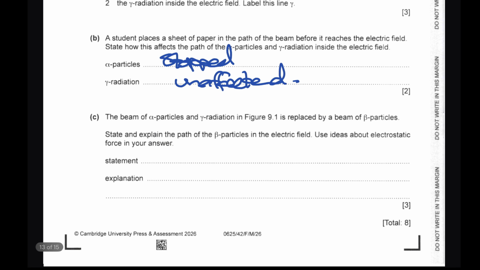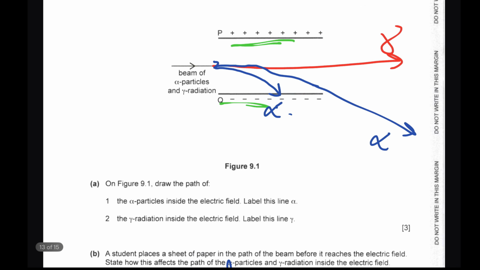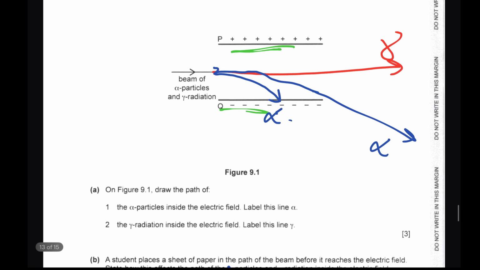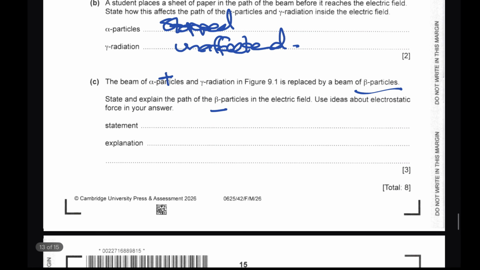The beam of alpha particles and gamma radiation, figure 9.1, is replaced by a beam of beta particles. State and explain the path of the beta. So beta is negative, right? Alpha was positive. That's why alpha got repelled by the positive plate and attracted by the negative plate. Beta, on the other hand, will experience a very different path. You'll see two changes with beta. Number one, you'll see beta bending towards the positive plate, and number two, the bending will be much more. Why? Because beta is 8,000 times lighter and half the charge. So even though it's half the charge, because it's 8,000 times lighter,